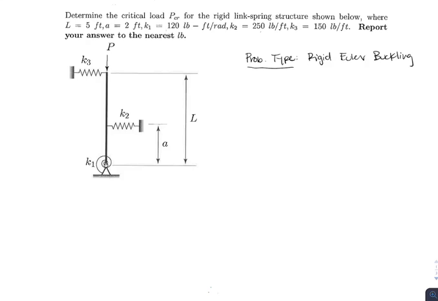In this video, we are going to solve a rigid Euler buckling problem. And as you can see in our problem statement, we're given the values for all of our spring stiffness coefficients, and we are asked to find the critical axial load on the system in order to buckle the system. So the first thing we want to do with a problem like this is redraw with a free